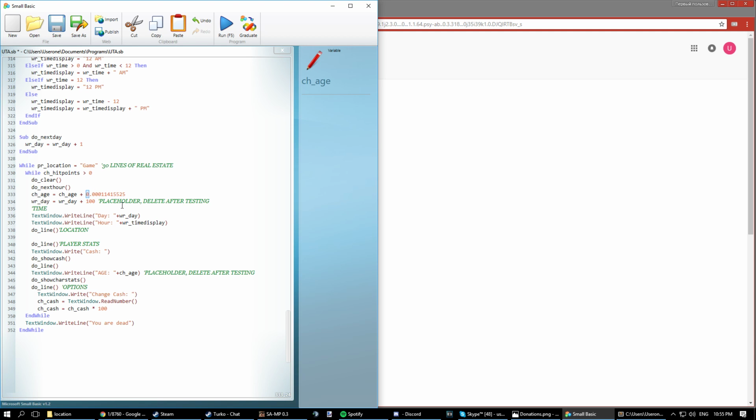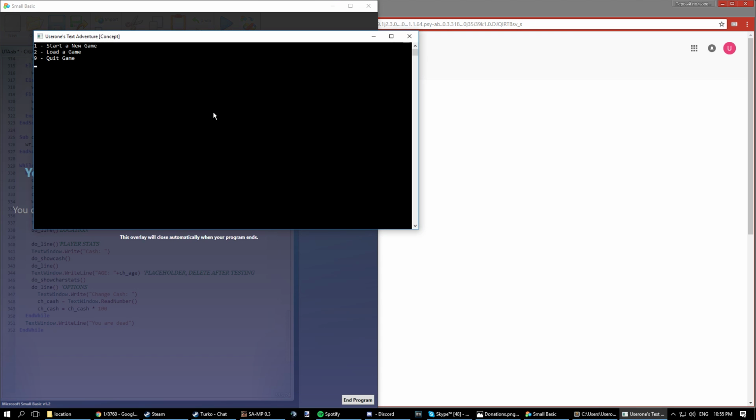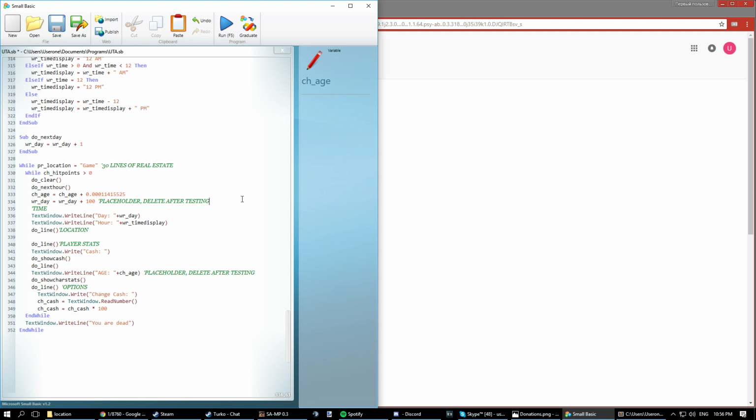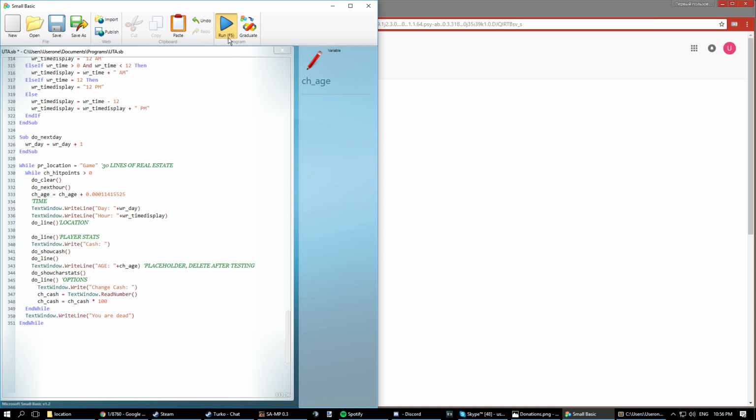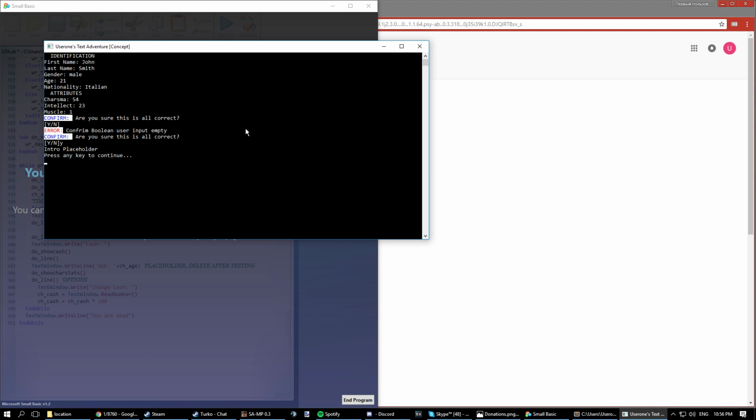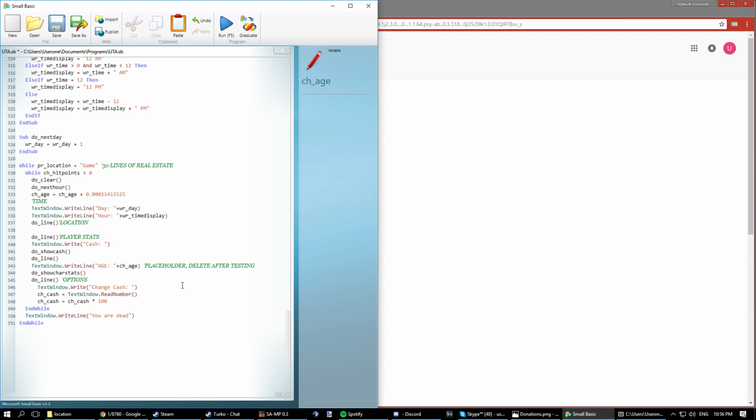I mean, if we change that to just do this, then it will. How about we just, hold on, I have an idea. What if we just get rid of this and do something really stupid? Bear with me. This will take quite a while. But the point is that this number is the age number. It gets raised by one year divided by the amount of hours in a year. Because every step in the game is one hour, that number gets added up, and if it gets added up enough times. I wonder if I just get rid of this whole thing, it'll just